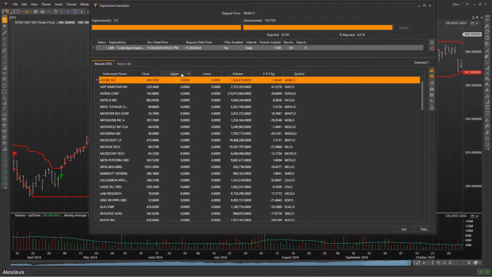So for example, if you click on any of the column headings, you can sort the data and very quickly find any securities that are breaking out of the upper band and or breaking down below a lower band. So for example, I can tell right now this one is breaking down below a lower band. And also I can see here very quickly too that the volume's actually 20% lower than it was yesterday.